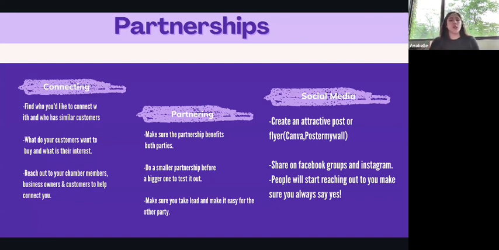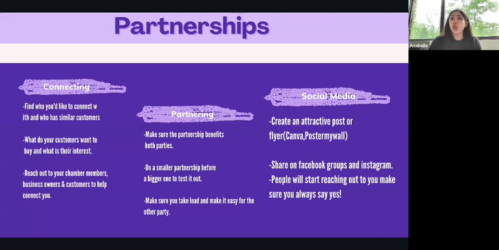Talking about the partnering situation, you don't have to sign a contract or anything. It's not like a huge, crazy partnership. You can just message somebody. You can message a few businesses and say, hey, I can send you my product, or here's a post that I've created. Can I share it and tag you? Yes. Okay, great. You could even buy the product for them. You can say, hey, I want to purchase this product and put it in a goodie bag and raffle it off. They'll be like, yes, of course, great. So you could do smaller partnerships like that before you do a larger partnership.